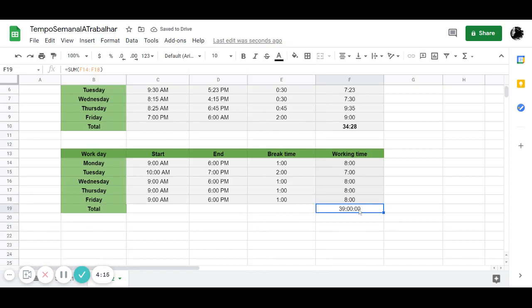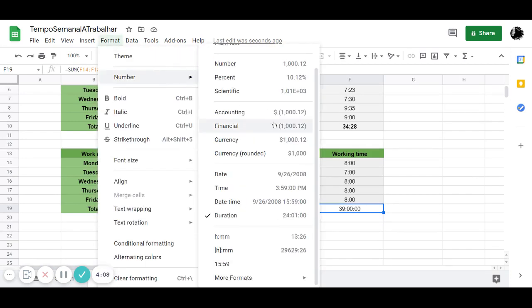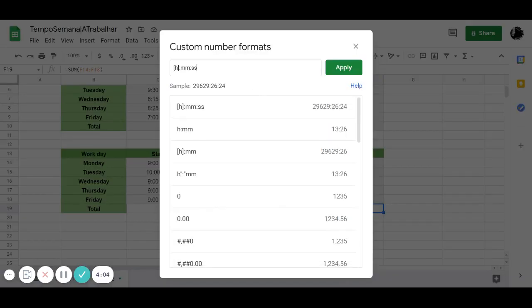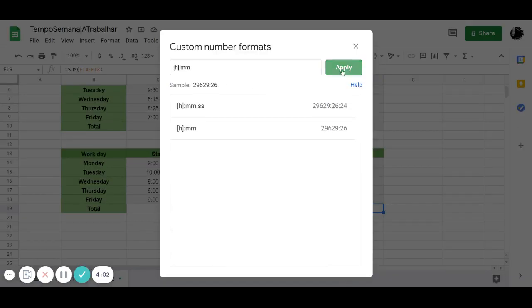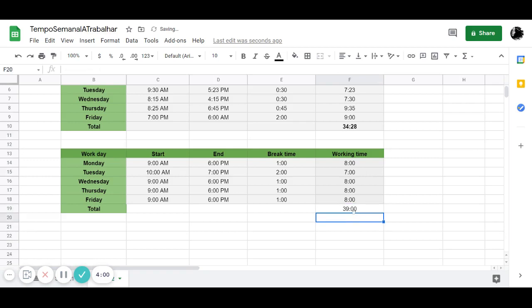it's correct, but probably you don't want it with seconds. So we'll go again on format, more formats, custom number format, and here you remove the seconds, apply, and that's